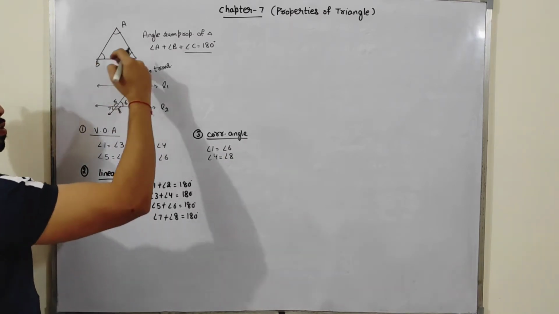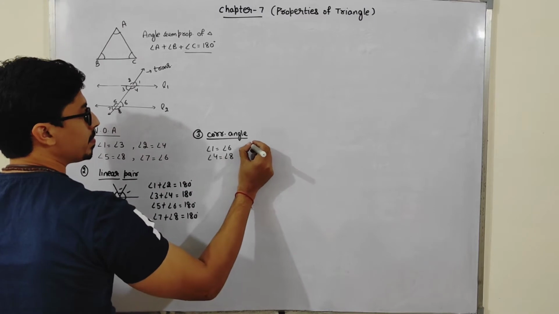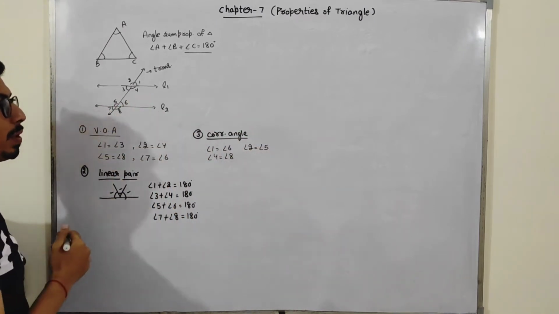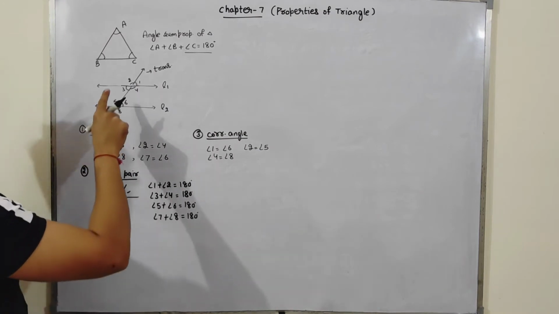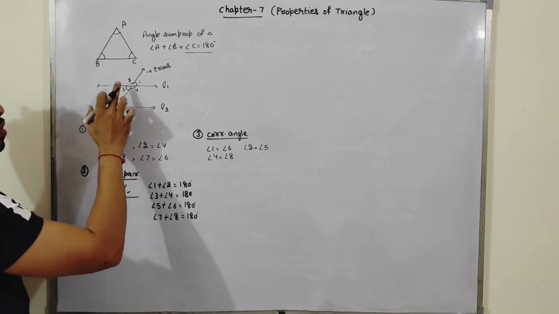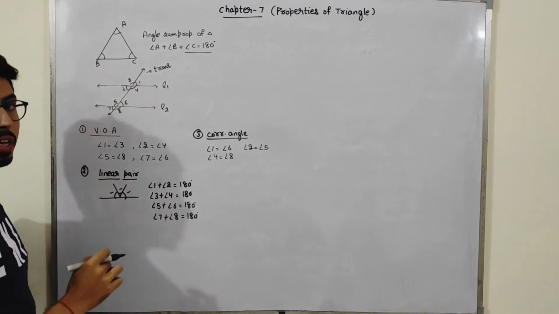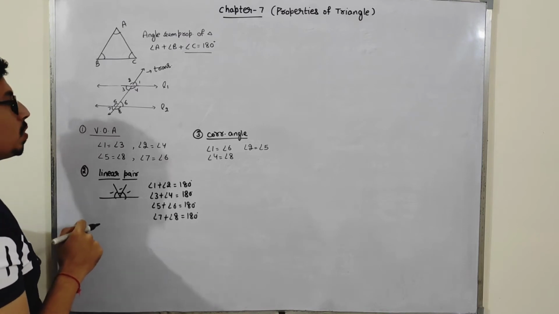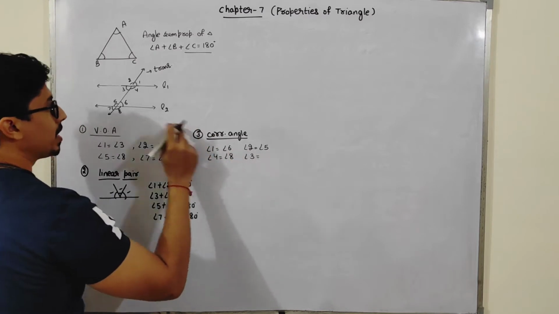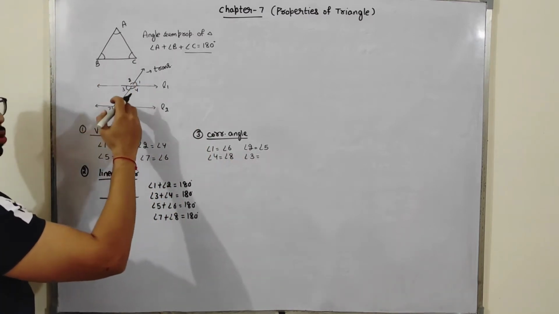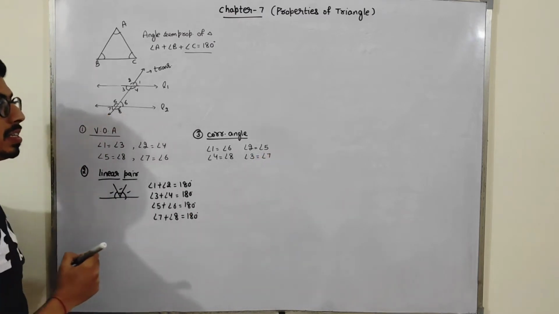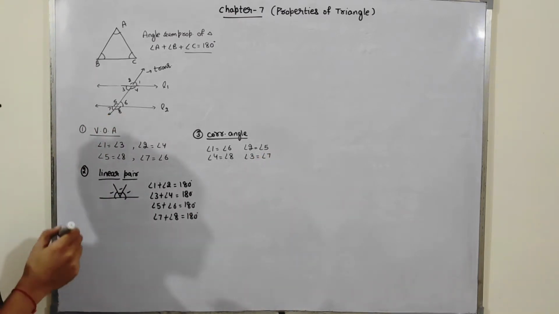Similarly, 2 is above the line L1 and here 5 is above the line L1. But make sure, students, if I take the right hand side, there also you have to take the right hand side. You can't say 2 and 6 are equal. Just make sure that this does not happen to you. Now angle 3 is downwards of L1. Now on the same side is angle 7. So angle 3 is equal to angle 7. So these are all corresponding angles.